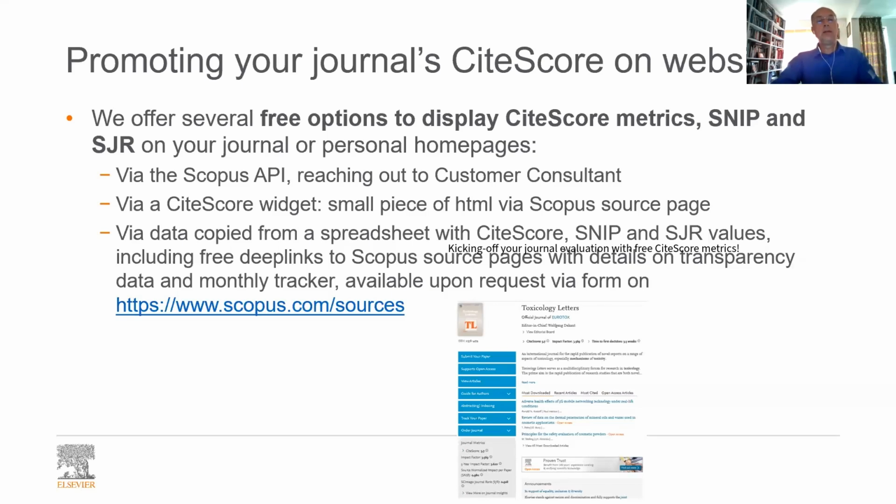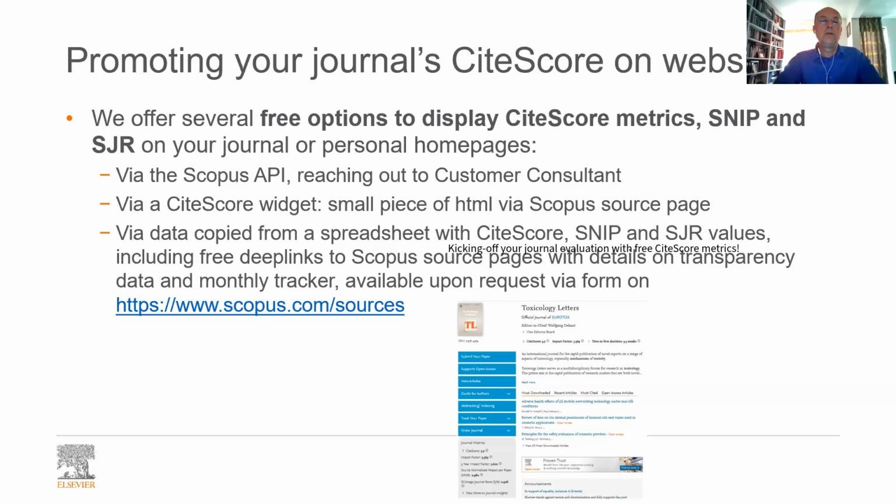But if you're interested in really the whole base of data, and you, for example, want to add it to your CRIS system, your local system, via a spreadsheet or a CSV file, we also have that available, either just for the most recent year, but in case you really need more historical data, I can provide that as well. That normally goes via our customer support department, but if you have my personal email address, you can reach out to me as well, and I will send you the file immediately.